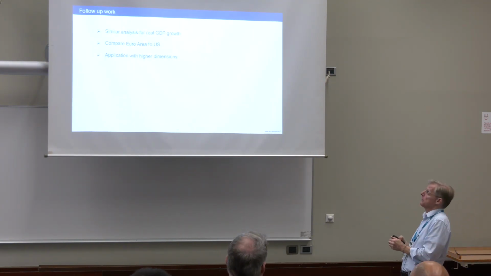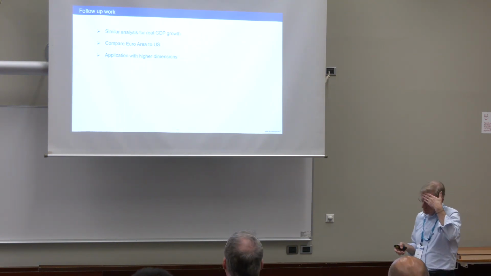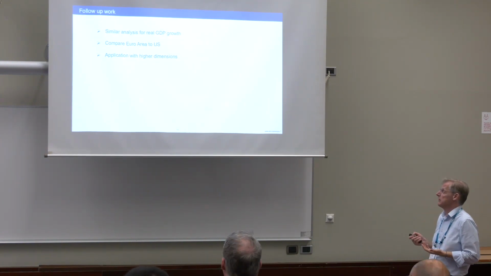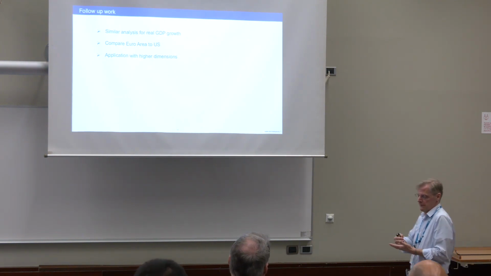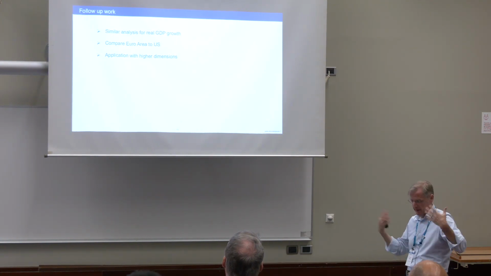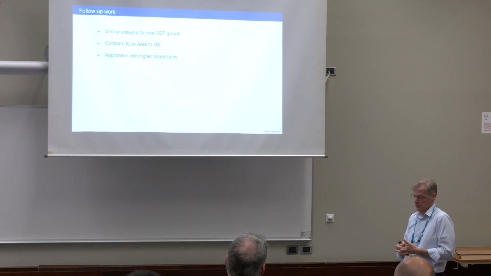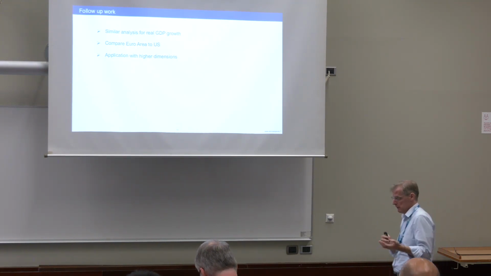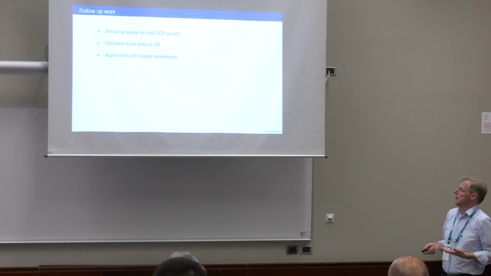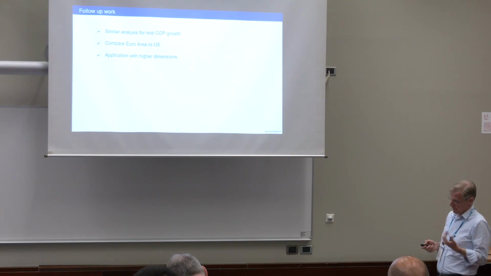Just to mention that in terms of follow-up work, we are doing something similar for GDP and applying a comparison to the US and Euro area. And what different referees suggested is also, instead of using one financial indicator at a time, since we developed this framework which allows for high dimensionality estimation, to put several different combinations of financial indicators, be it one principal component for each category, or multiple ones, to see what can be defined as the optimal model for forecasting inflation.